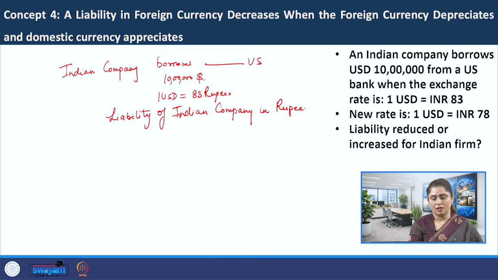After all, the Indian company is receiving its earnings in rupees only, because it is doing business domestically. So, the revenue is earned in rupees. So, the Indian company will first convert the rupees into dollars and then repay the US lender. So, here how much will it have to spend in rupees? It is 83 into 10 lakh. This gives around 8 crore